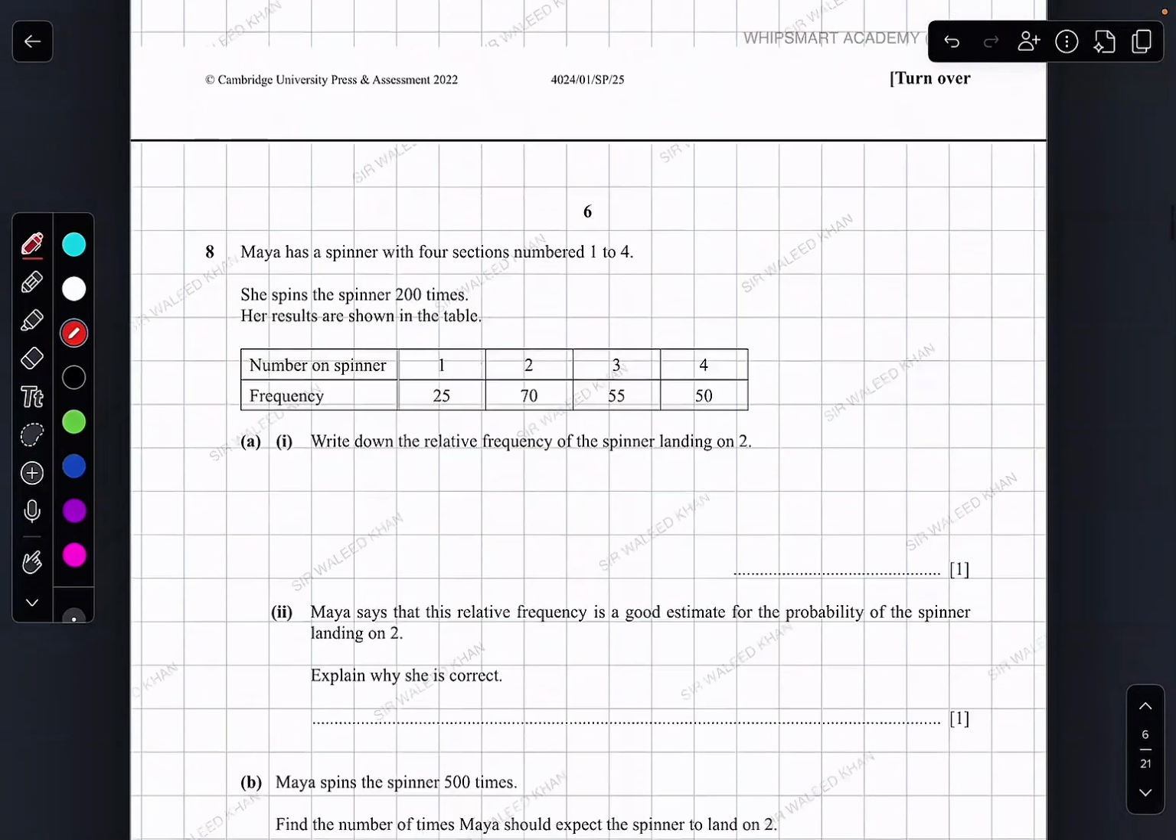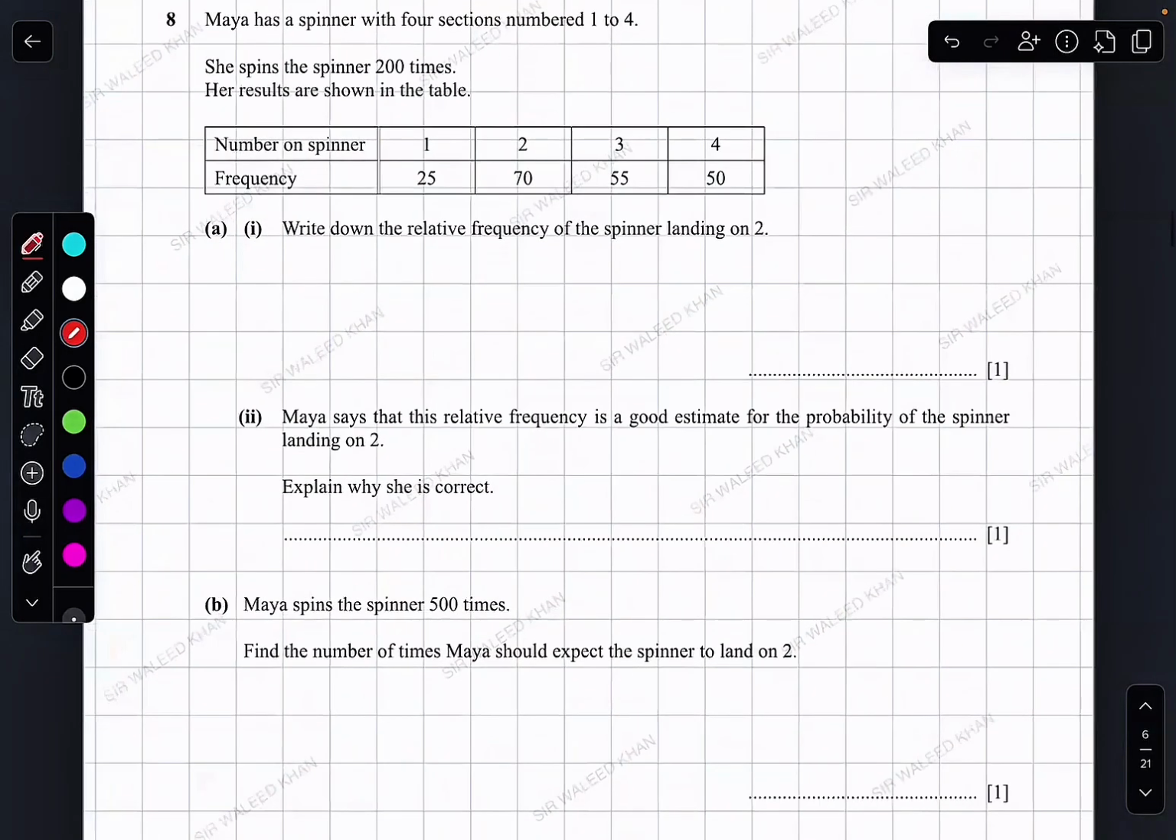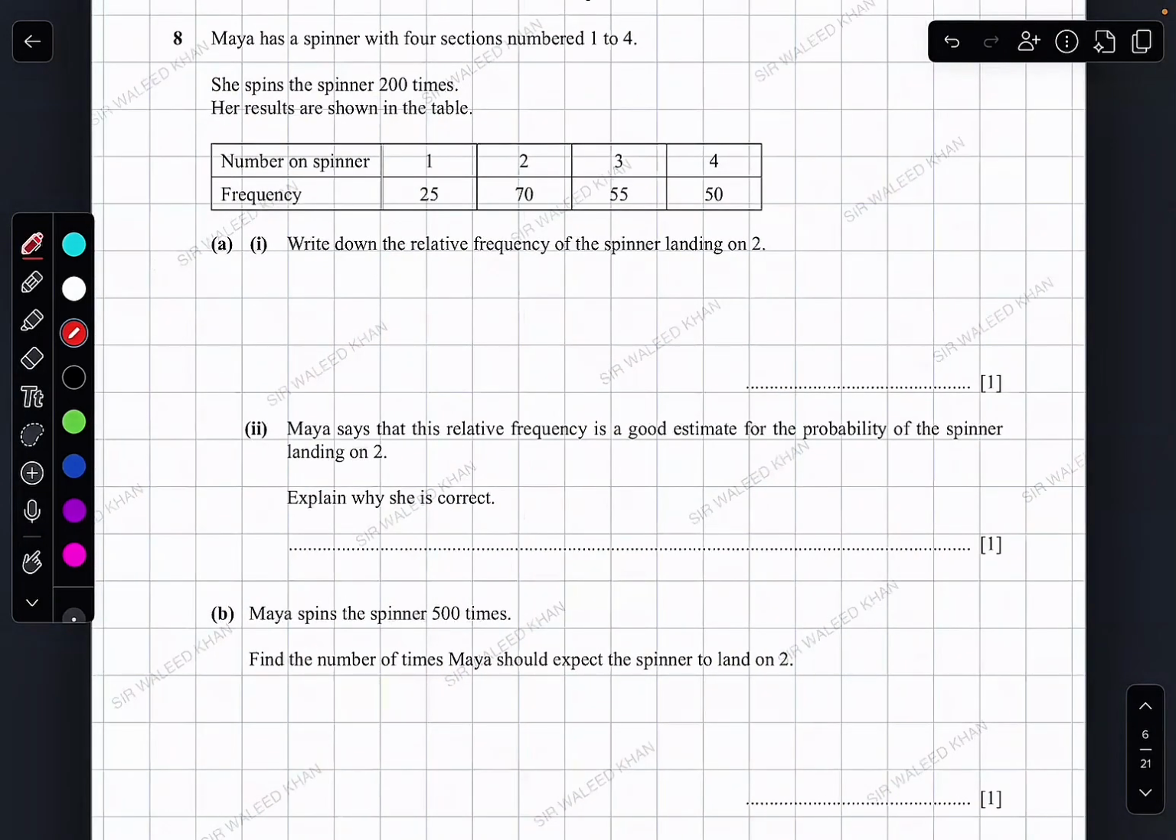Question number 8. Now, Maya has a spinner with 4 sections numbered 1 to 4. She spins the spinner 200 times. Her results are shown in the table. Number on spinner, 1, right? So out of 200, how many times does it land on 1? It's 25. How many times does it land on 2? It's 70, like that. So write down the relative frequency of the spinner landing on